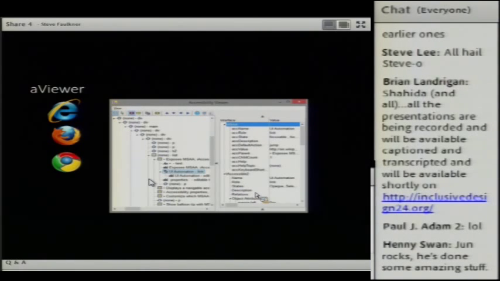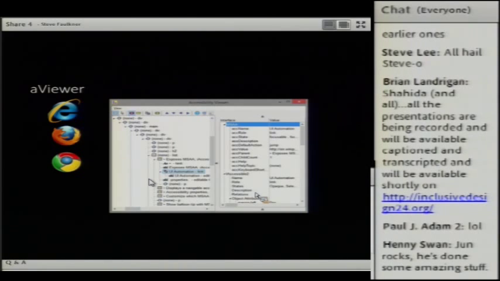So the AViewer, this is the tool, and after looking at those other tools, you'll probably see there's a lot of similarity between what you see in the AViewer and what is in these other tools. That's because we wanted to take the best of those other tools and apply them to a tool that we could use to look at web content. Now, the AViewer also has a feature that you can use it to look at desktop applications as well. But as that's not its primary function, you'd be better off using those other tools that I talked about previously.